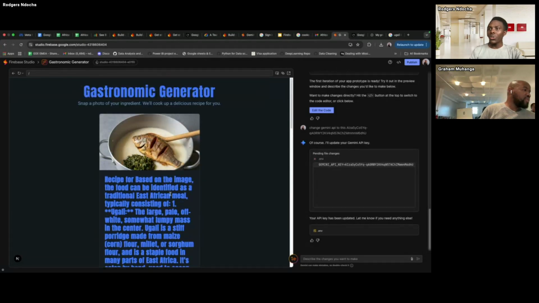But you can also proceed to change so many things, like the fonts. You want to change the background. You want to change other things. From Firebase Studio, you can build really powerful applications. You can decide the kind of UI you want to generate. Of course, we are not going to delve much into UI. We wanted just to see how the functionality is working.